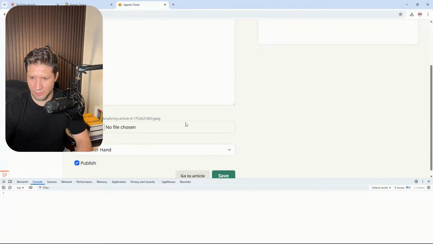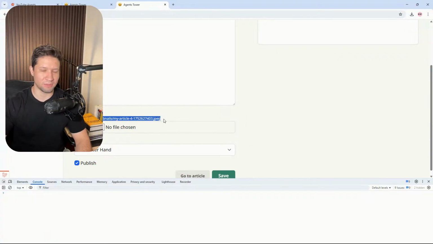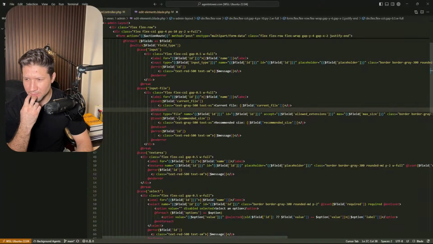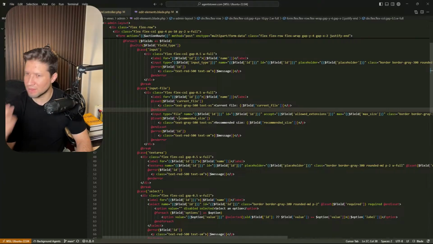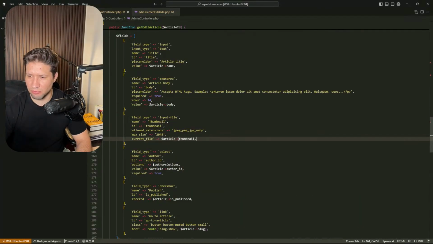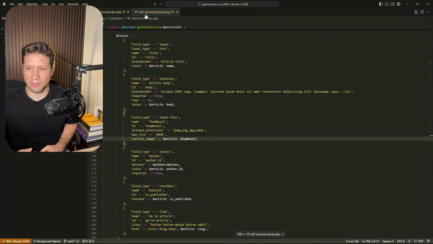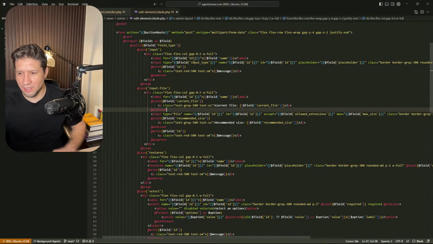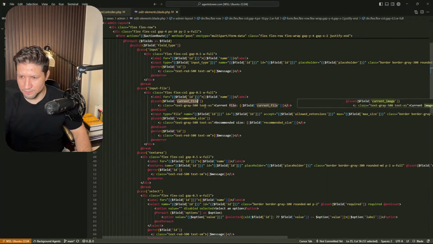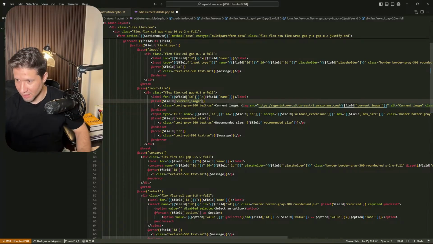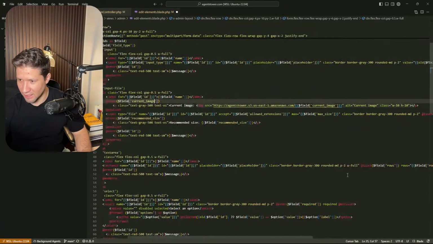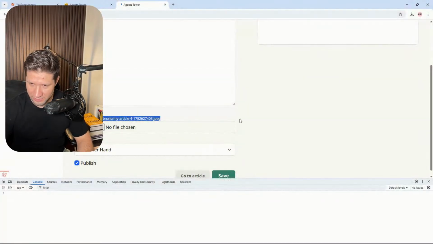So now if I reload this, it's going to give me the current file, but I don't want it as text. I want it to show the image. So in this case, it's an image. For example, if we change it from current file to current image, because we can have other files, for example a PDF or something like that, it's not going to work in the same way. So I'm going to change this from current file to current image. And as you can see, it detected that I want to show the image. So if I save this,